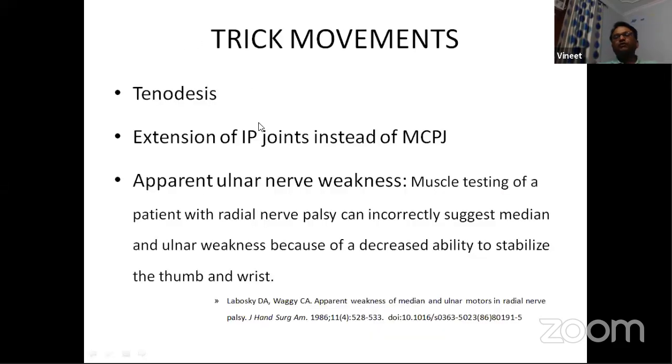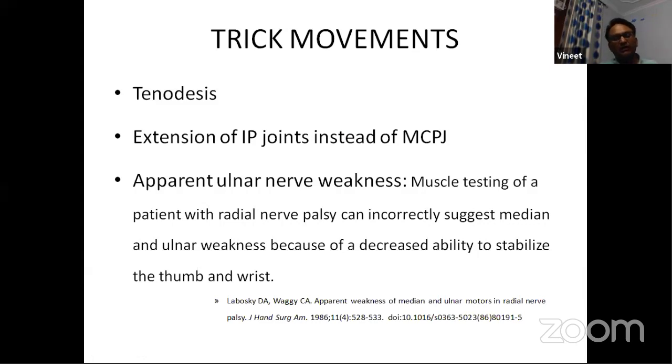Trick movements, I'll show a video. Tenodesis effect, Dr. Dhal has already shown. I'll just show a video on my own hand, having seen these patients, how the movement happens. Extension of the IP joints can be misread as extension of the fingers, and one has to be careful while examining this patient. Extension of the IP joints will happen in a patient with radial nerve paralysis because of